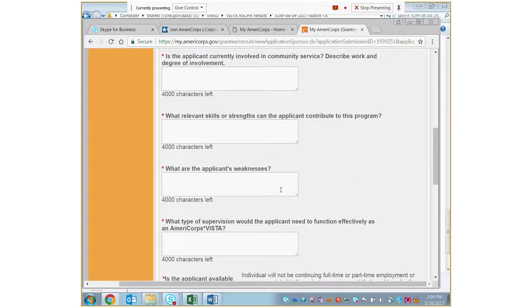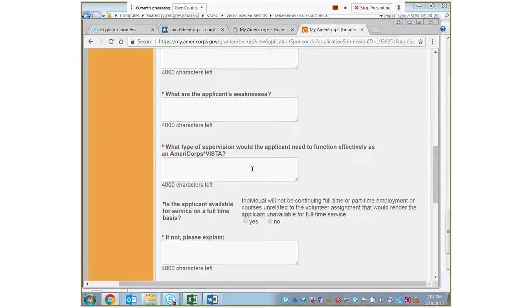One of the things I say to all of the sponsors here in Ohio is there's no person who doesn't have a weakness. And so we are really looking to see if you've actually had conversations with the candidates about what some of their challenges might be during their service term. You'll then go ahead and put in the type of supervision you think that the applicant would need.